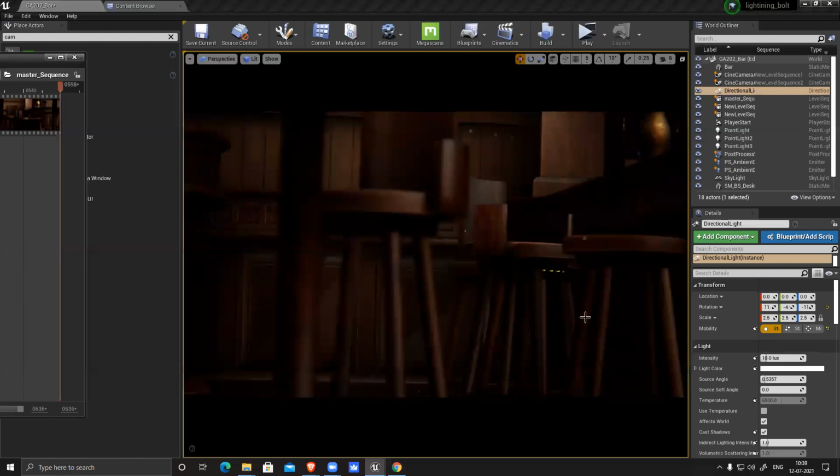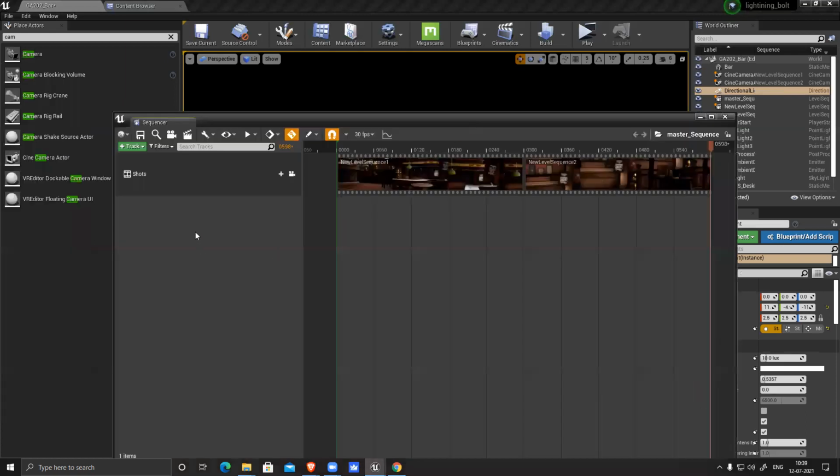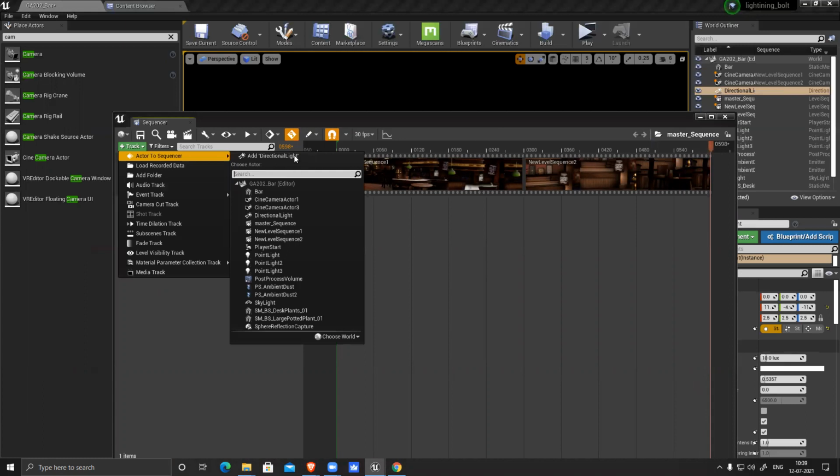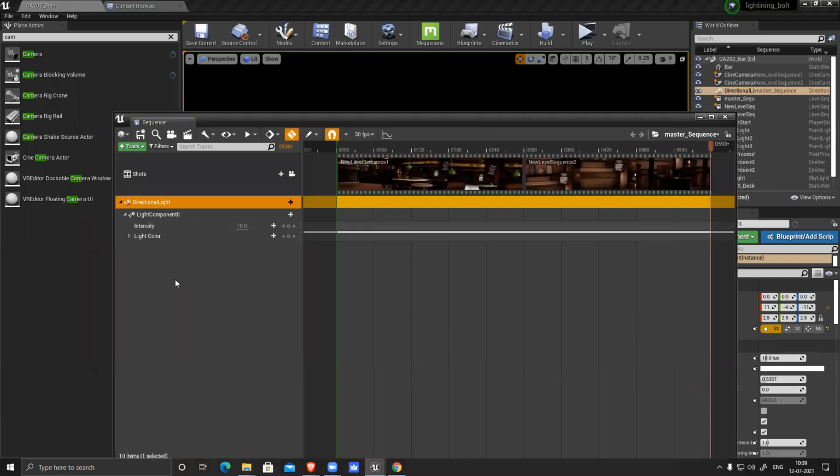You can see everything. All particles are moving. If I want to change the light, suppose in my scene I have this light, and I want to rotate that light, increase or decrease this thing, track. You see, I have selected the light here, so that's why the first option is showing the light. Click on this. In light, you can see you have intensity and color. Intensity and color you can add here.